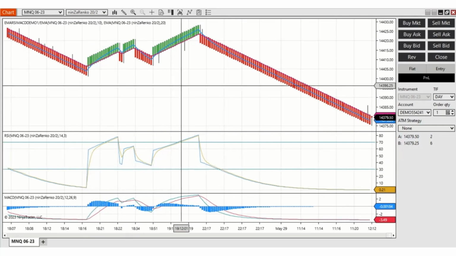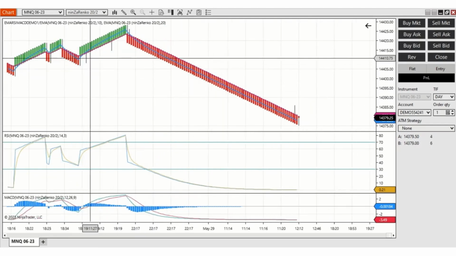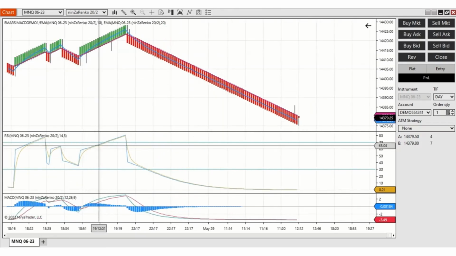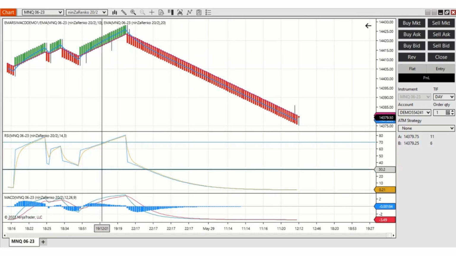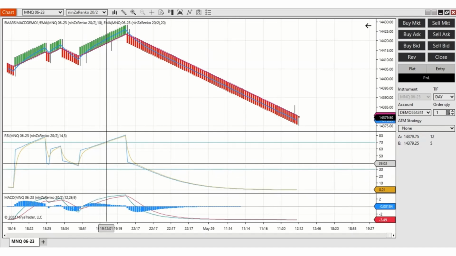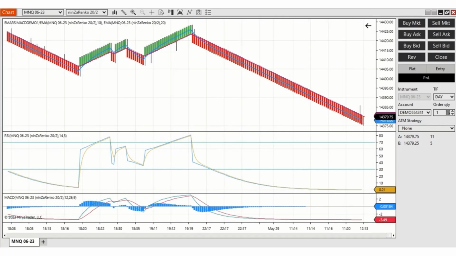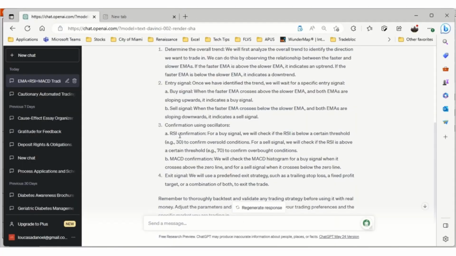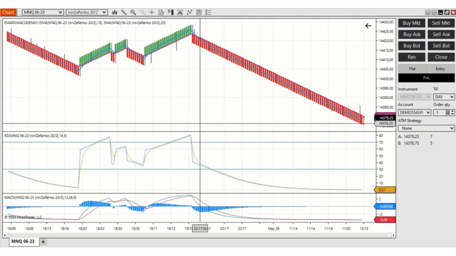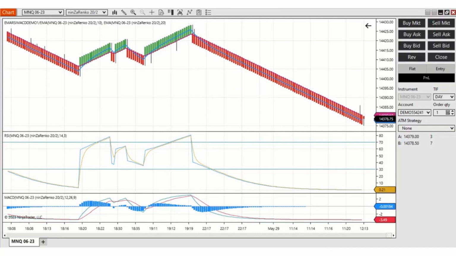So let me change that, because if it's going long, more than likely RSI is going to be above the 30, not below the 30. So let me go back and change it. Even though, if you go back to the strategy, it says the RSI is below a certain threshold to take a buy signal. Confirm 30. It has to be above 30. So let me change that, because I thought that was kind of suspect right there. Let me go back to the strategy,